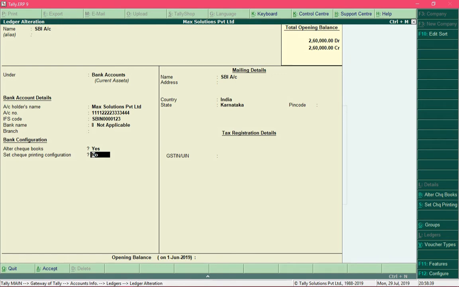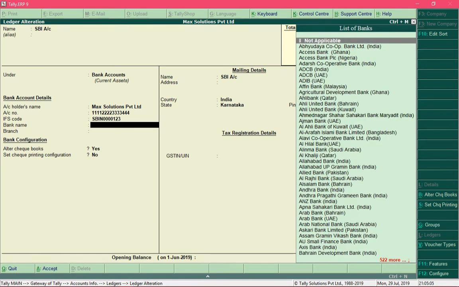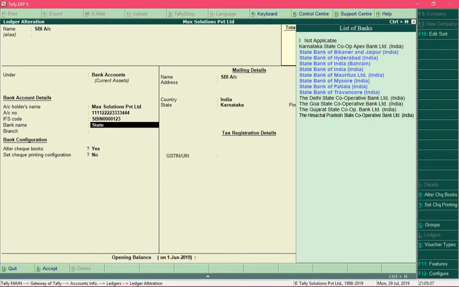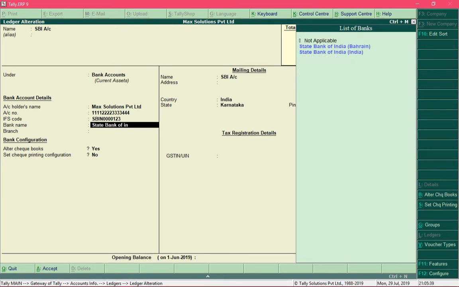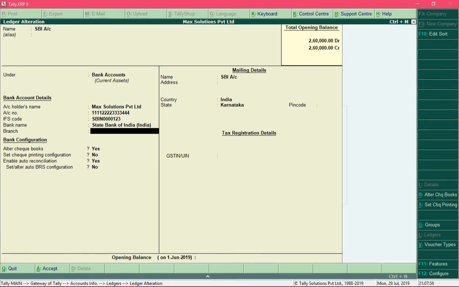Alright, so we just added checkbook information which is associated with this bank ledger, and now we will configure print settings for this checkbook. In order to proceed further, make sure that you select the bank name in the field bank name. So let me specify the name of the bank, which is State Bank of India, and select it and specify the branch where your account is operated.